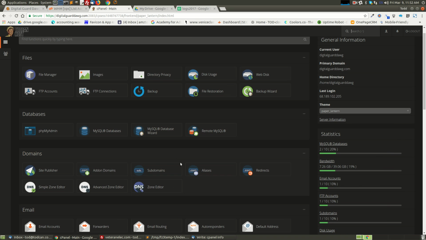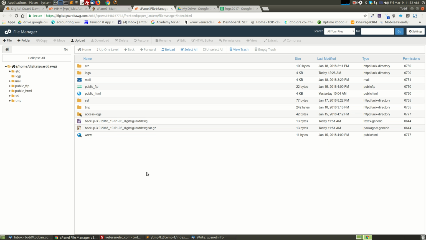If you're interested in such things as File Manager, you can just see what the file structure looks like of your website. Here's a good example of seeing, well, there's a backup right here today. This backup was created and there it sits. So you could theoretically click on that and hit download and download it from there if you're in the File Manager if you wanted to. You could also go along here and delete that, knowing that they're fairly large files